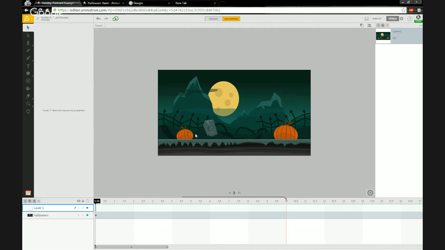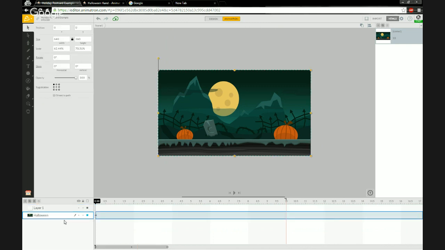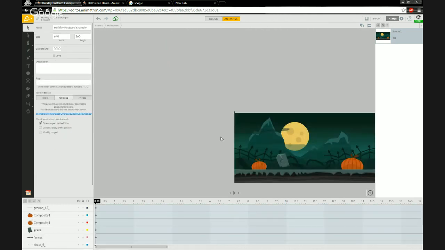So what I'm going to do is open up my background, and I'll show you how I'll customize one of these pumpkins. So each background that comes in, you can unlock it, right? It came in locked. And if you click on the little lock icon, you can unlock the layer. And by hovering over the layer thumbnail, the preview thumbnail of this Halloween layer, you'll see this little pencil show up where I can edit the group, which means I can isolate all of the assets inside of this background. And I'll click on it, and you'll see it takes me